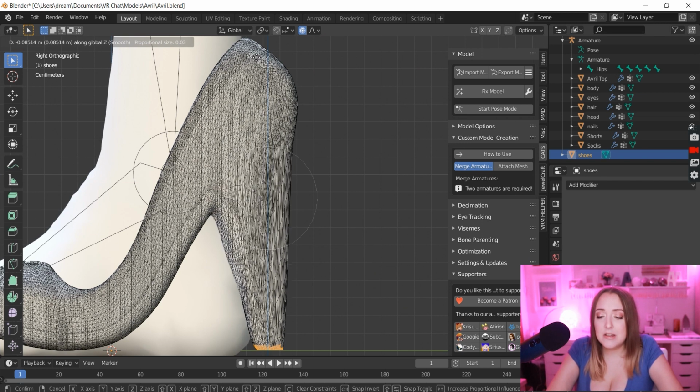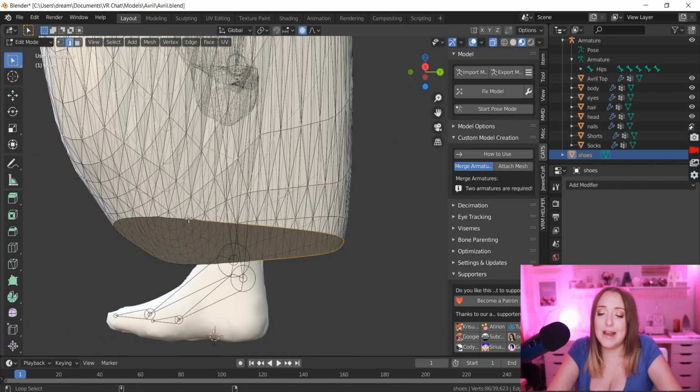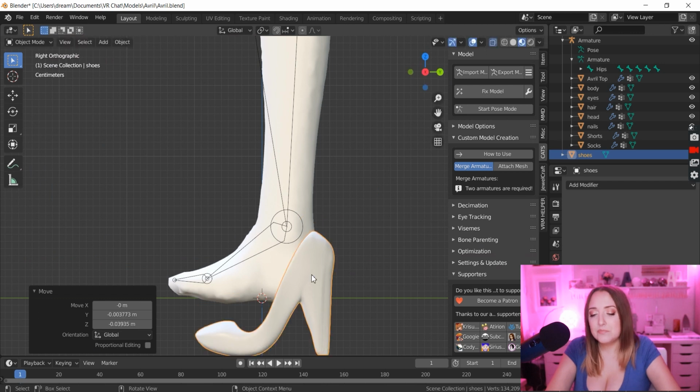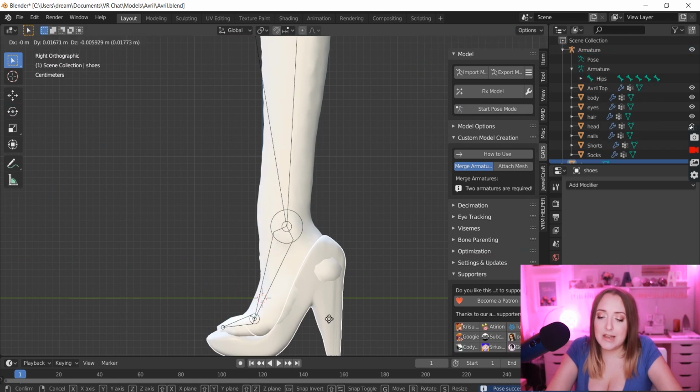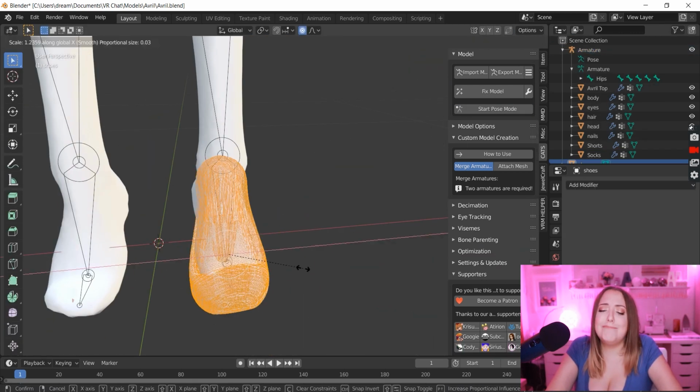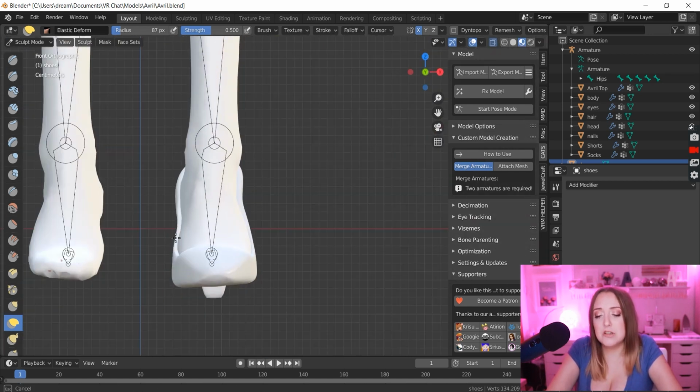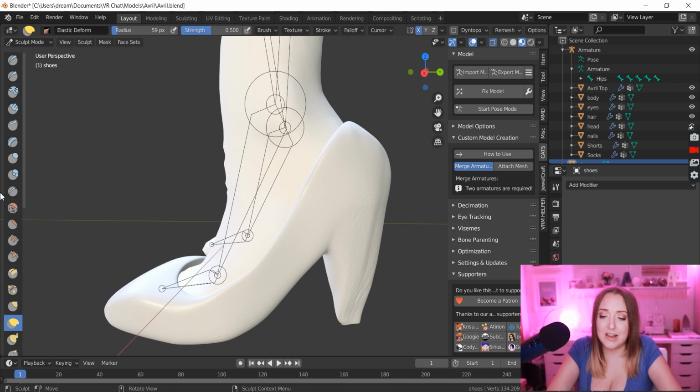I found this little heel online, but it didn't have a heel, so I had to make my own. And I'm basically just going to make it, and then I'm going to put it on her and kind of use my sculpt tool to move it around in place. Also, you can set a pose as your base pose for your armature, which is what I did here, just so that she could have high heels.